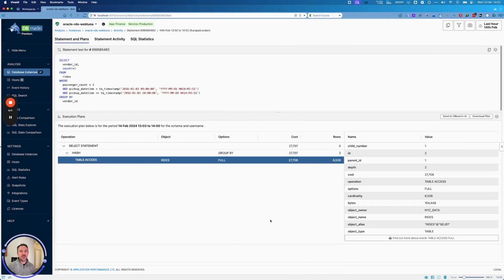You can see where we're going there with our ChatGPT integration, both for tuning statements and for optimizing wait events, but also just having it there in that side panel where you can slide it out, ask any questions you like, and it's there just like your own personal assistant when you're using DBmarlin. So that should be in the product very soon. We're just adding some final touches to it, so look out for that, and